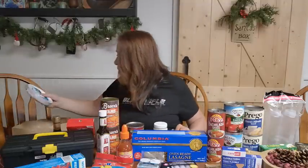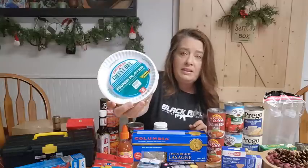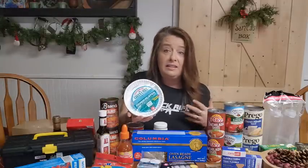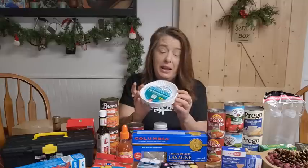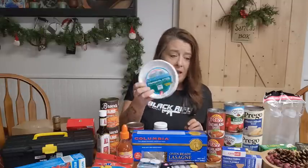And I also grabbed these little tiny paper plates. These are great for sandwiches, snacks, things like that. Anything that's not real soupy. These are the thin paper ones, but great for those little snacks and stuff. So we like to have plenty of that stuff on hand so we don't have to worry about the dishes. If the water goes down, we're going to be able to use those things and save tons of water from